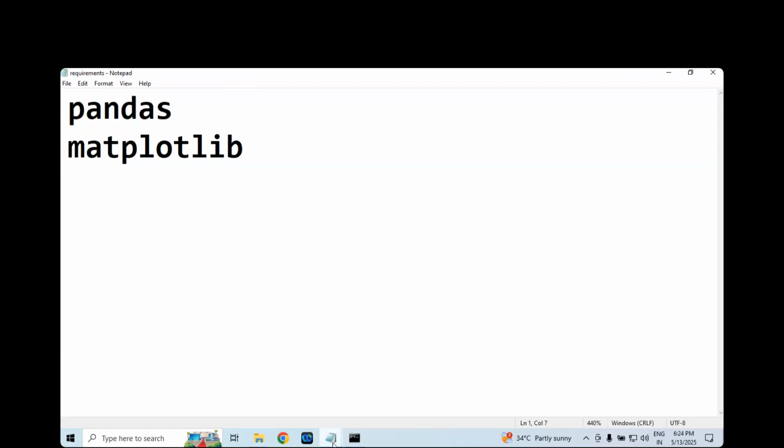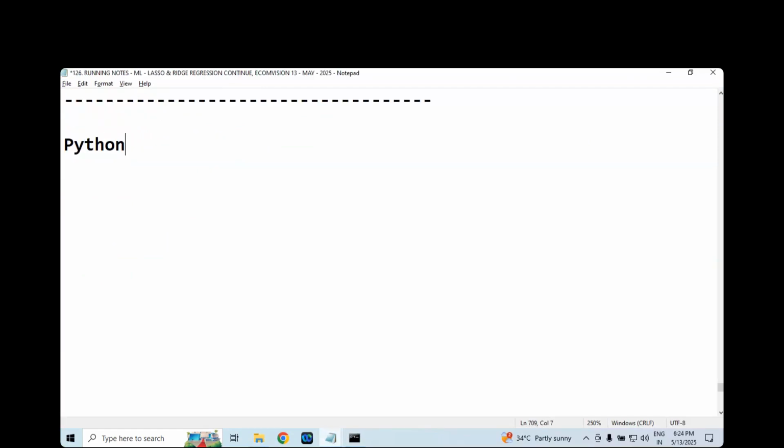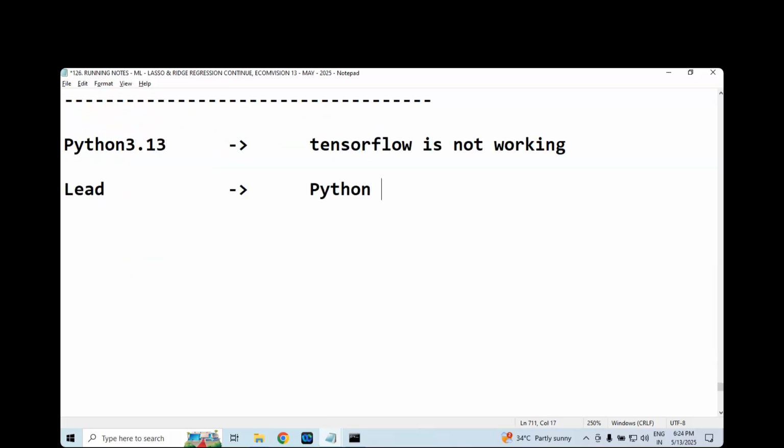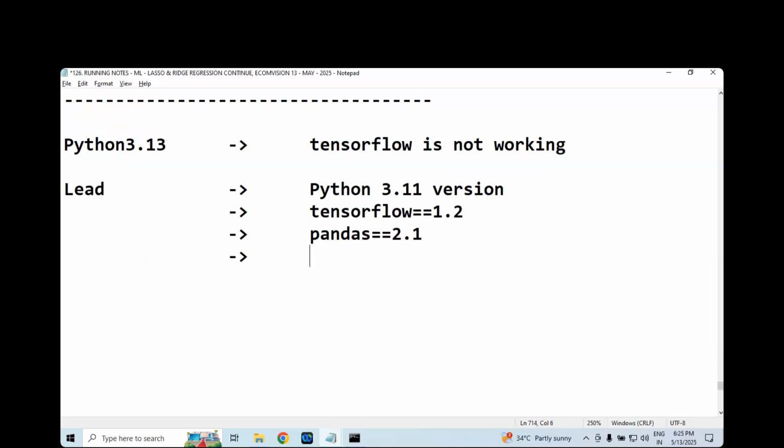Okay. Best example. Imagine, good question, sir. Whenever you are working with 3.13, TensorFlow is not working. What is not working? TensorFlow is not working actually. Our lead takes care. Whenever he is creating, specifically he will check, please install only the 3.11 version only. For this one, you can just go for TensorFlow. Anyway, the TensorFlow current version would be fine actually. And if you wanted to install a specific version, you can go for that. And the next one will be pandas actually. Pandas equals 2.1 and numpy equals, like that you can specify.